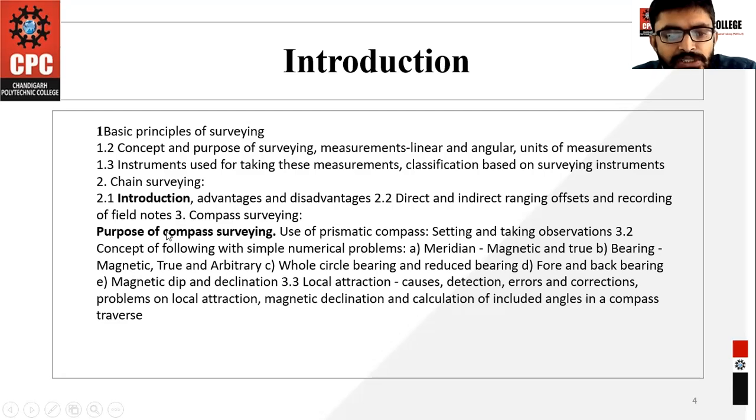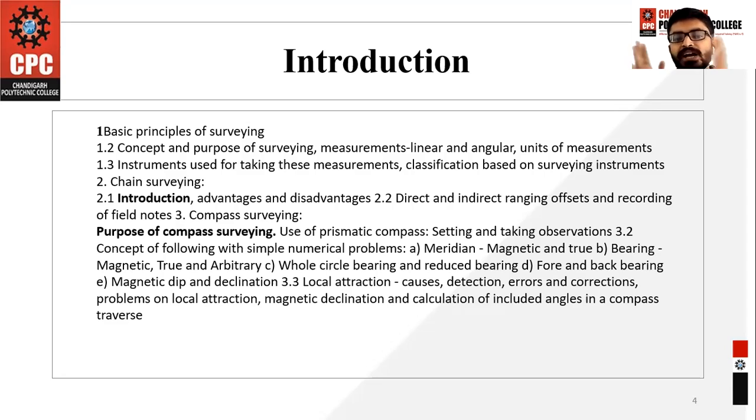Next, what is the purpose of the compass survey, the use of compass survey, and we will also be studying about the meridian. The meridian is a very important thing. As you must have seen, there are the latitude and the longitude of the earth. The latitude goes from west to east. For example, if I have an earth globe and you move from west to east, that is the latitude, and if you move from north to south pole, that is the longitude.